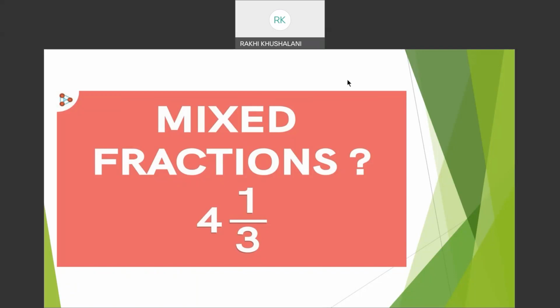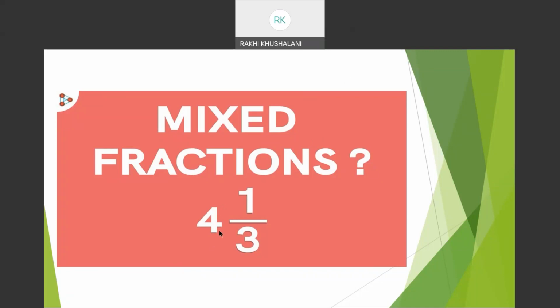Okay, so unit fraction, like fractions, unlike fractions are based on the value of the numerator and the denominator, but proper fraction, improper fraction, and the mixed fraction are the comparison between the numerators and the denominator. Now, the next and the last type of fraction that we have to learn is the mixed fractions or mixed numerals or mixed numbers. Like here it is given something, 4 1 by 3.